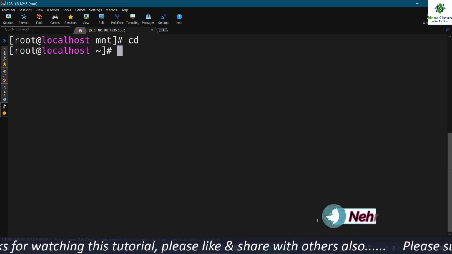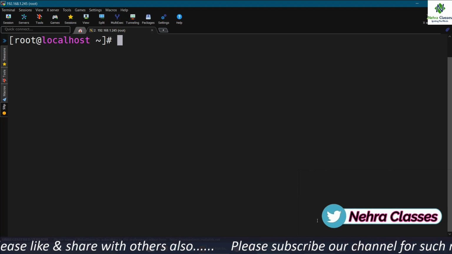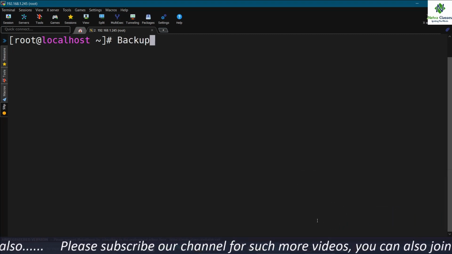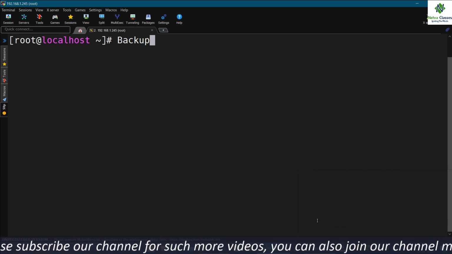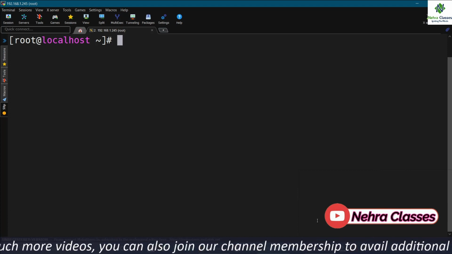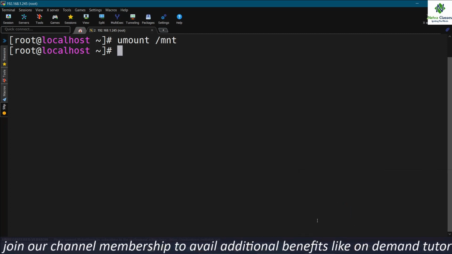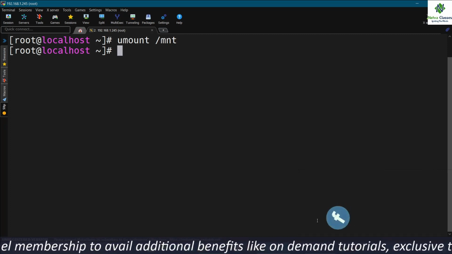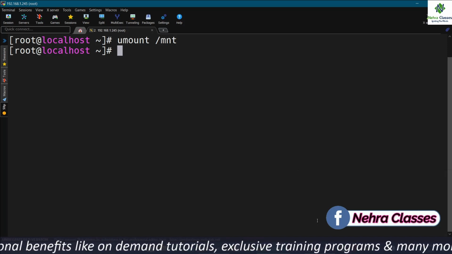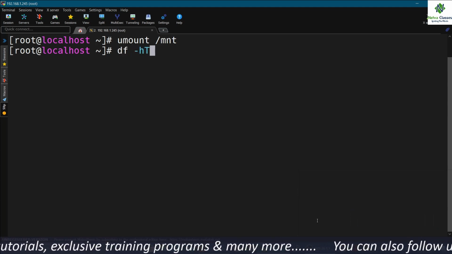Now I will show you how can you reduce the LVM safely. So before reducing the LVM, make sure that you have the backup. Always take the backup of the LVM, take the complete backup of the disk, and then try to reduce the LVM. And after that, in the next step, we will unmount the directory which is mounted on this. So in order to reduce, our first step would be to take the backup. The second step would be to unmount the file system. Now in the next step, we will verify whether it is unmounted or not.